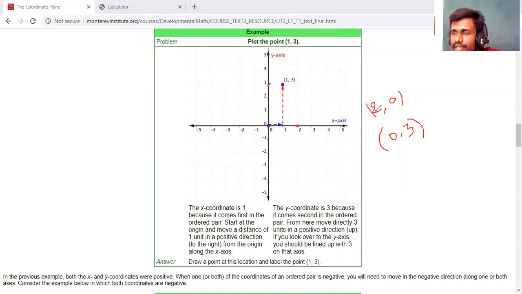So the point on the x-axis and the point on the y-axis are special cases of locating points, children. This is today's class, children, so you need to prepare. And one more I will show on how to locate a point.